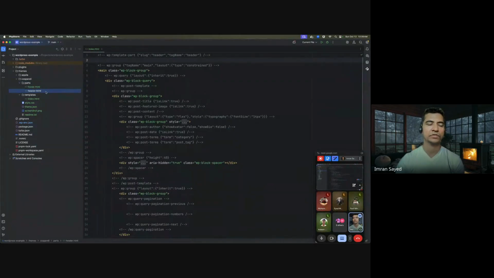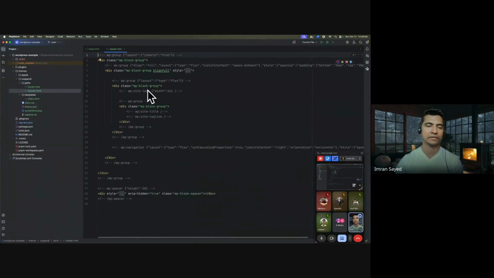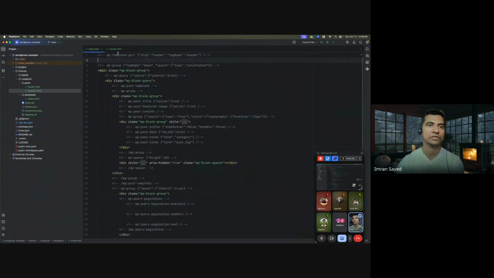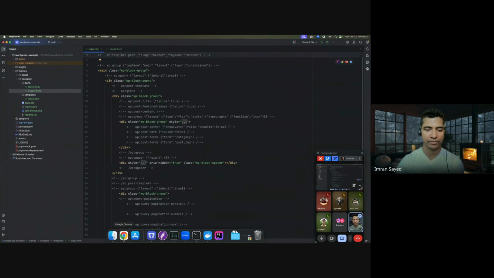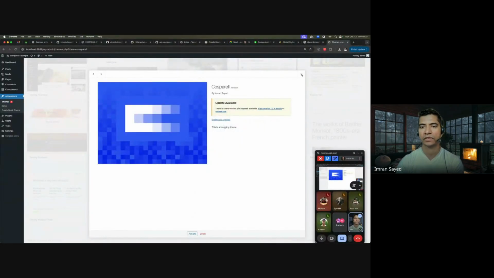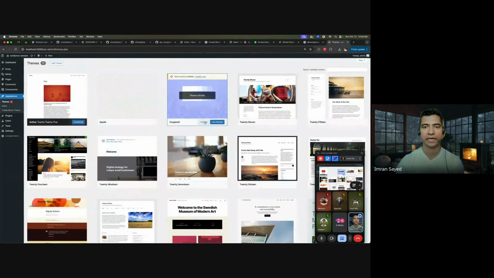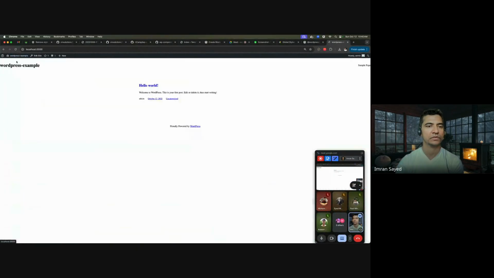All you have to do is, once you create this header part, you can just include it like this. This is basically a WordPress comment delimiter. WordPress reads all this information. This is not something that will be rendered. So if I activate this theme right now, and go to the front page and inspect element,